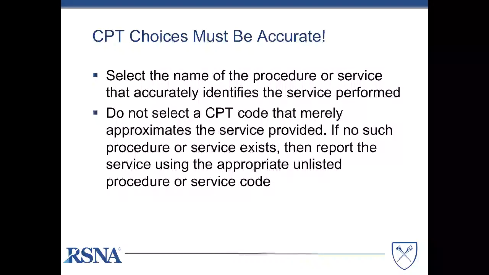And the CPT book outlines the rules under which its codes are to be used. One of those in the introductory instructions that's most relevant to interventional radiology is the accuracy imperative. Your coders are instructed to select the name of the procedure or service that accurately identifies the service performed. And they're additionally instructed to not select a CPT code that merely approximates the service provided. Specifically, they're told if no such procedure or service exists, then they should report the service using the appropriate unlisted